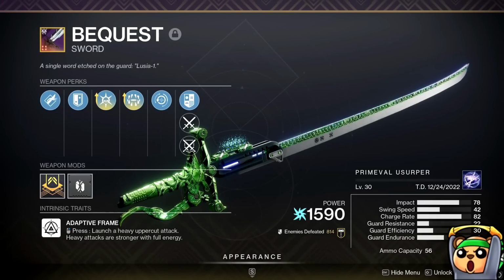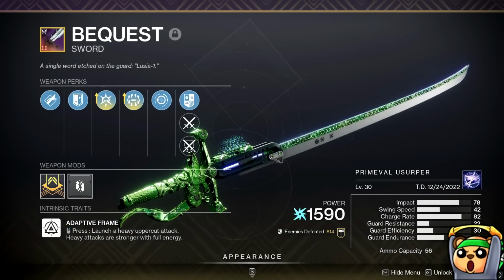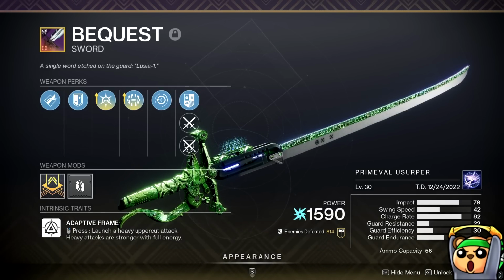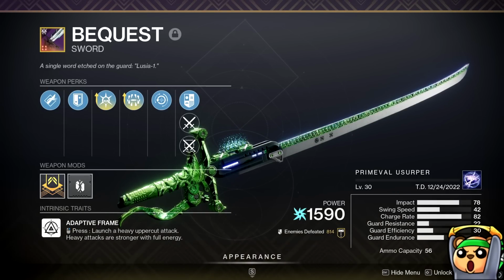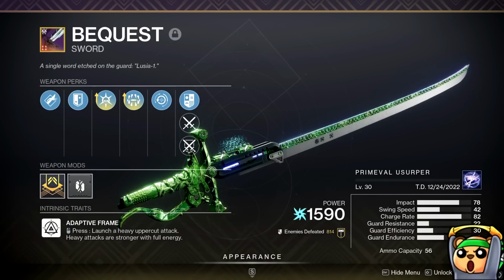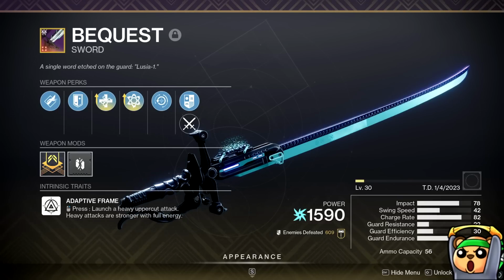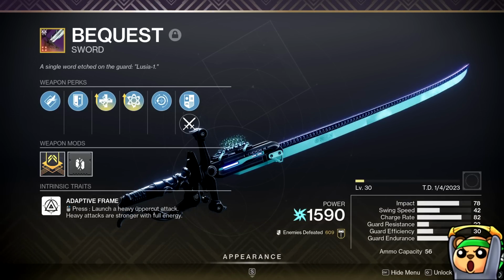For people that have followed me for a long time, you probably know I have very high praise for Bequest for a bunch of reasons. Really solid sword, has perks like Thresh Surrounded to get your super really quick and also blow through enemies. You may have seen me do like 1 minute lost sectors with these in the past, so you know how good Bequest is. It also has the highest impact in the game for a sword tied with Lament,